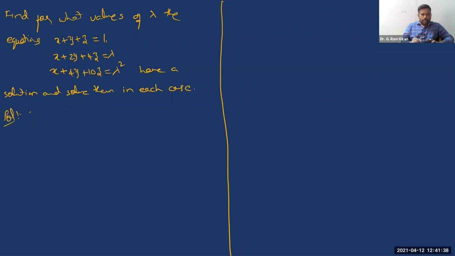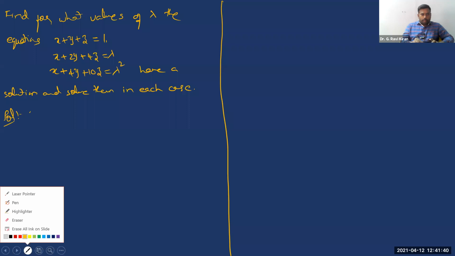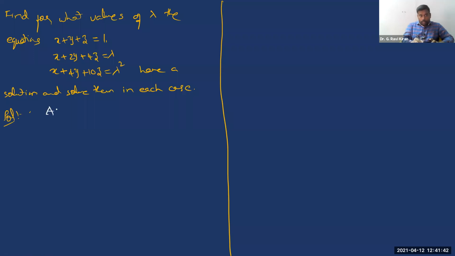Now, as we know, whenever you are given a system of this kind, we always write it in matrix form, right? So let me write the matrix form again, even in this case. So it is 1 1 1, the coefficients. In the second row 1 2 4. Next it is 1 4 10. Third row. Now this multiplied by, see what is the solution matrix? It is X Y Z.